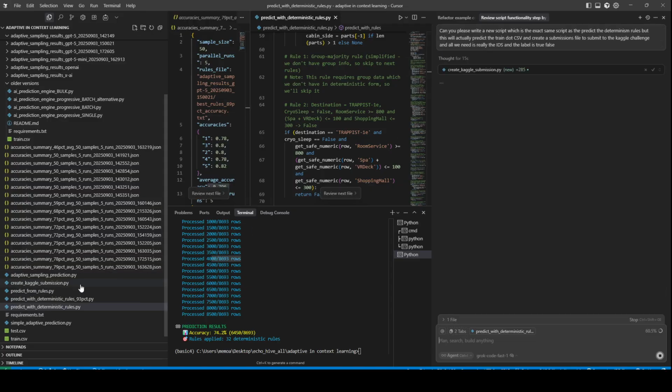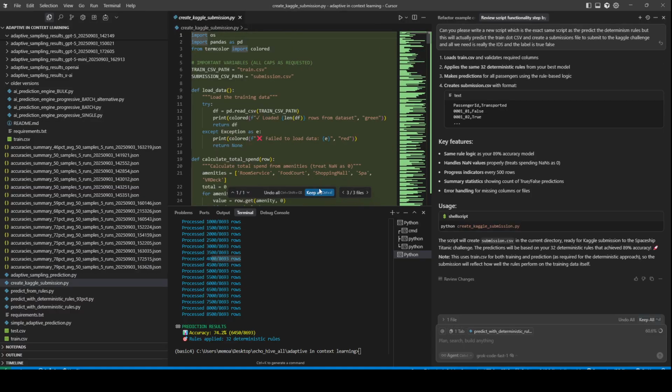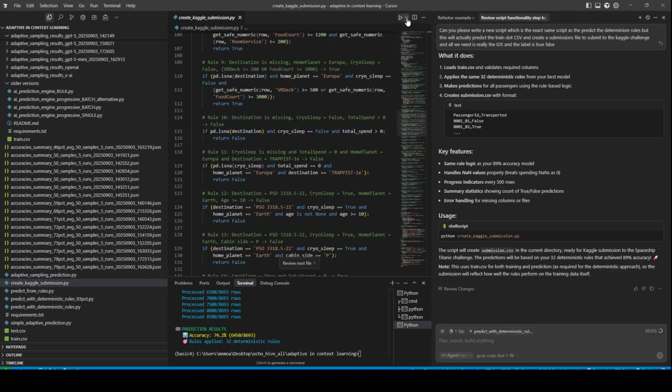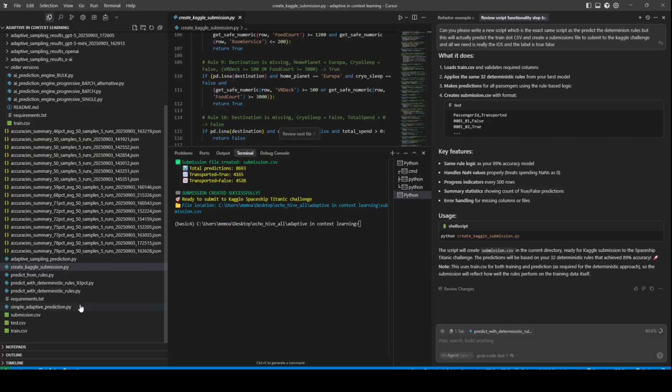Here we go. It's done. Create Kaggle submission. Close some of these. Let's go ahead and accept. I'm going to assume this is good. Let's just quickly run it. Maybe it'll print. Oh, it can't print total predictions. So we have now submissions.csv. We can submit